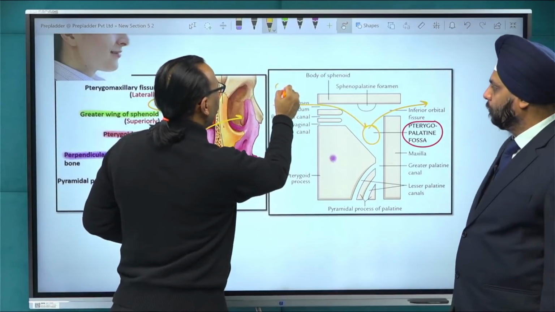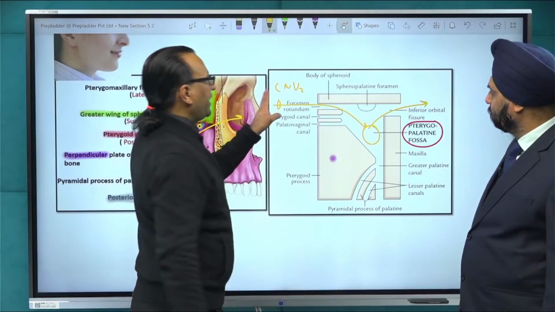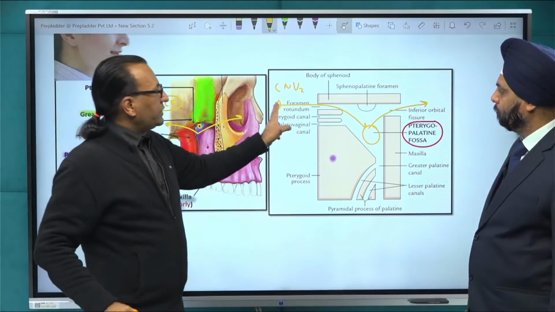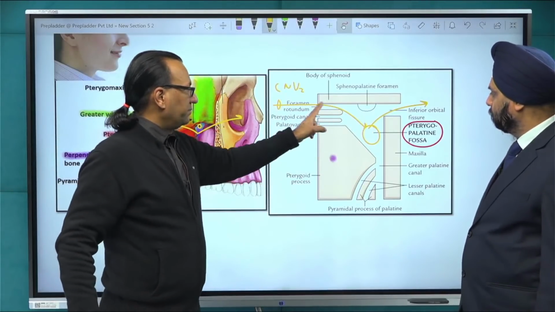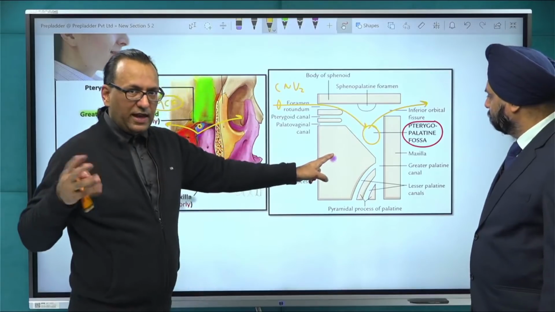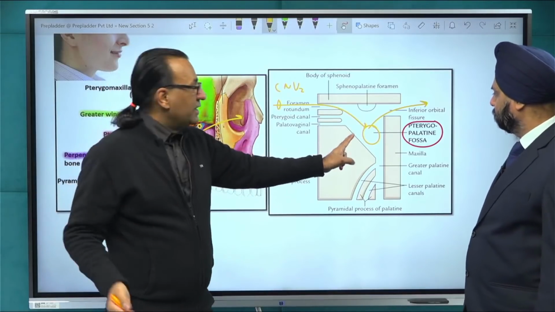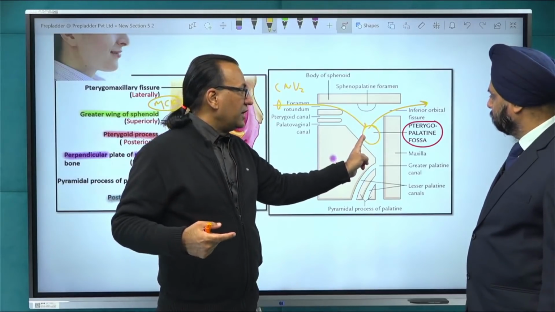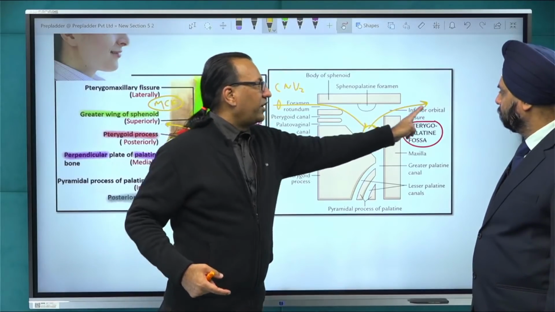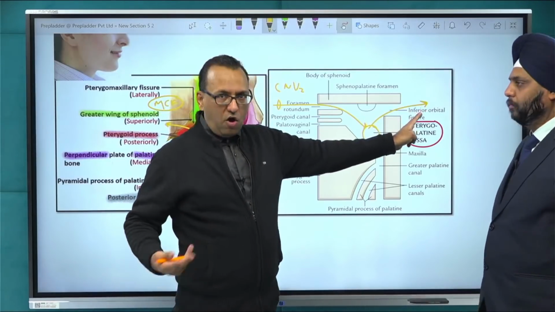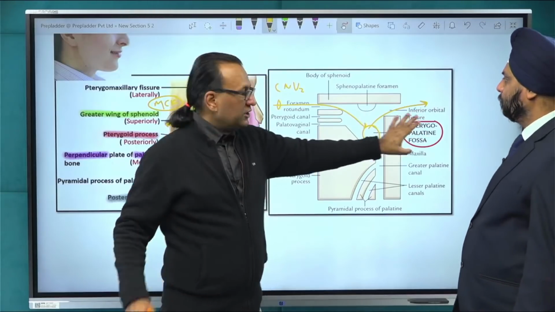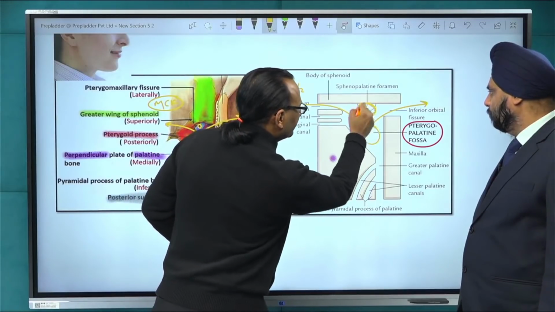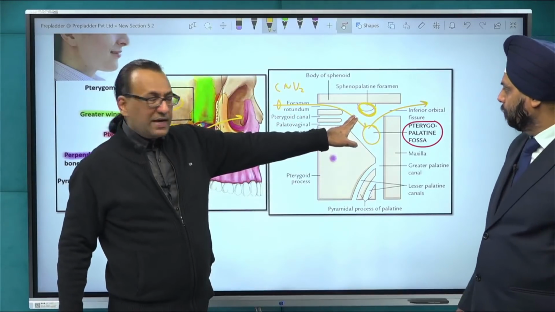So which nerve is this? CN V2, cranial nerve number 5, second division, maxillary. Where was it? Middle cranial fossa. How does it enter the pterygopalatine fossa? Foramen rotundum. And then, after giving some branches, it is topographically related with the pterygopalatine ganglion. Then it enters the orbit by the inferior orbital fissure and is called the infraorbital nerve. So anterior relation, inferior orbital fissure. Posterior relation, foramen rotundum. What is the medial relation? Sphenopalatine foramen. And what is the lateral